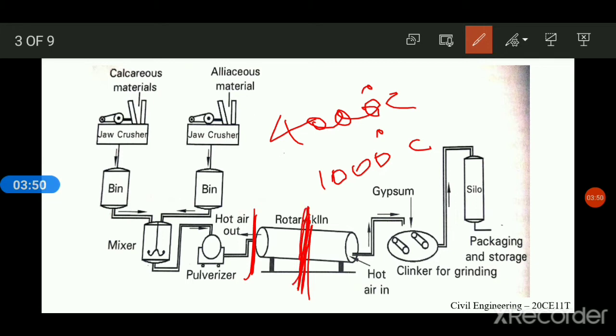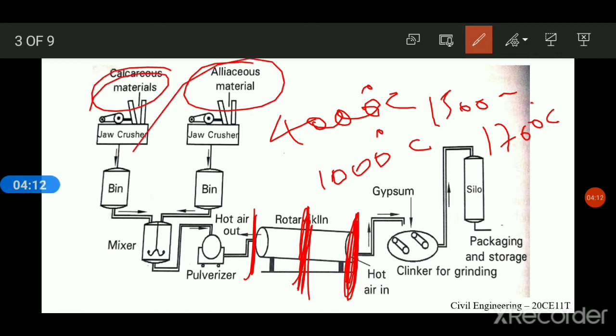And finally the lower part, that is the clinkering zone. What is clinkering? I'll tell you. The lower part, that is the clinkering zone, has temperatures between 1500 to 1700 degrees Celsius, where lime and clay react, yielding calcium aluminates and calcium silicates. These aluminates and silicates of calcium fuse together